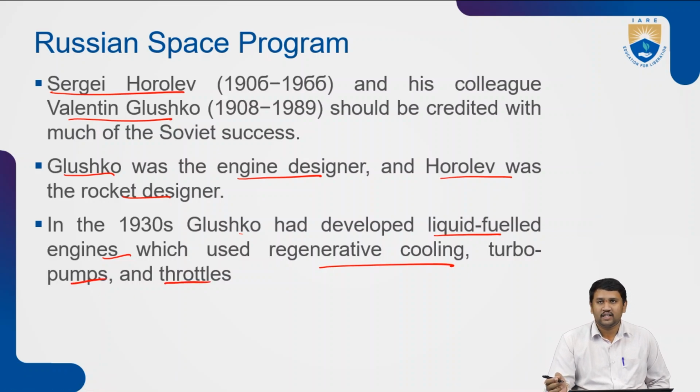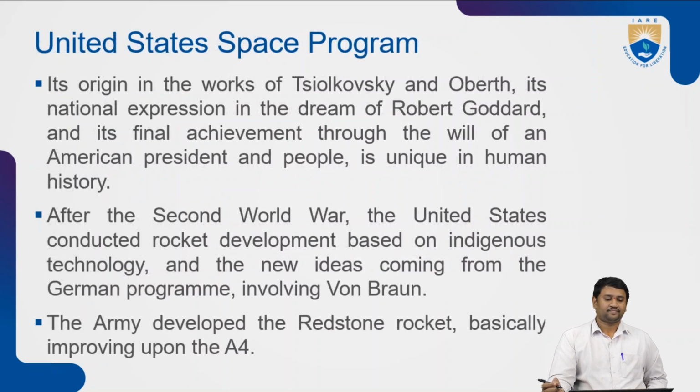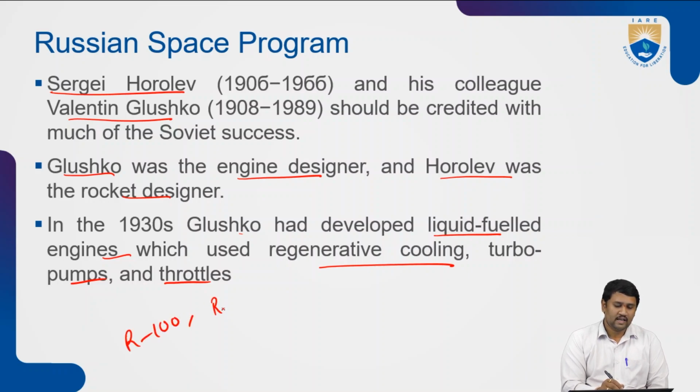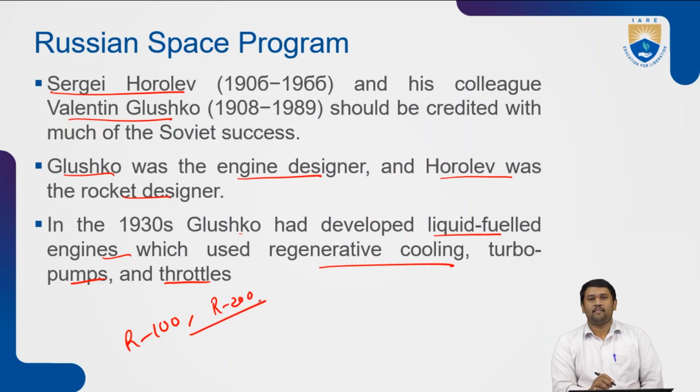The method of regenerative cooling, turbopumps, and throttles we'll discuss further under Module 3 as well as Module 4, right? And based on these, the famous R series rockets, particularly R100, R200, Russian rockets are made, which are currently in use. The engines were made so perfect, better than what has ever been imagined, that till date they are in use under certain specific rocket launch vehicles, particularly Vostok,